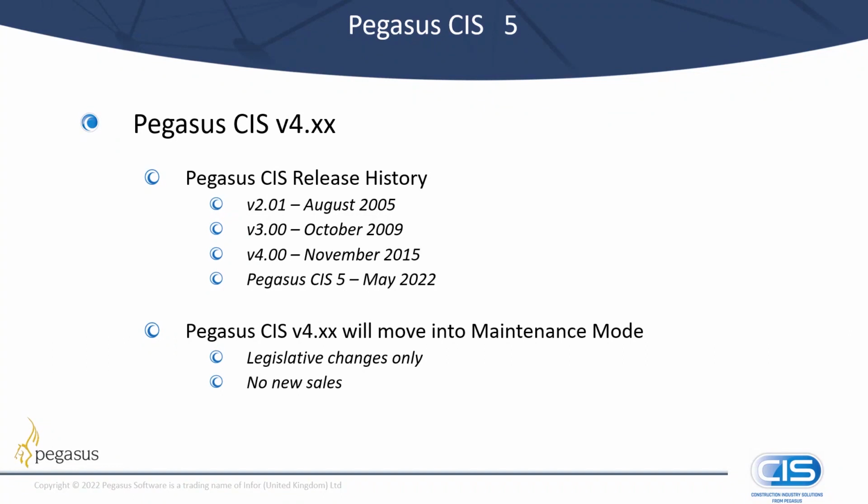This means there will be no more development within the product. We will apply legislative changes so the existing customers continue to use the product, assuming of course that they've got a current ANC, but nothing new will be added into the product. Similarly, we will no longer accept new sales orders for Pegasus CIS v4. Existing customers will still be able to add additional features, so